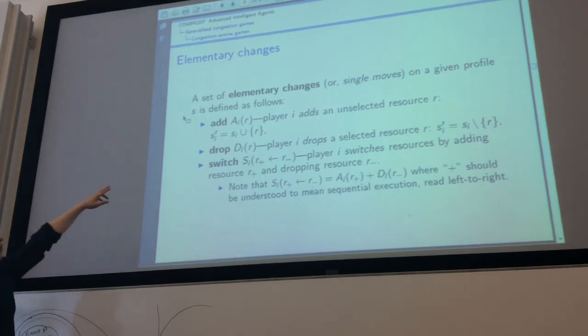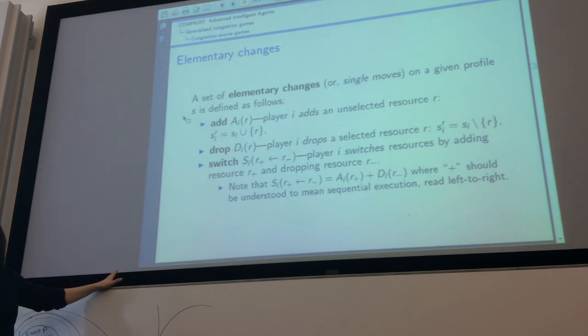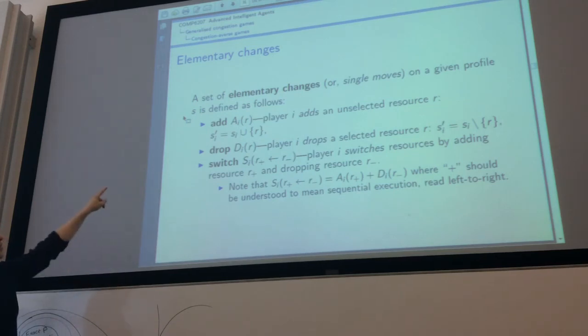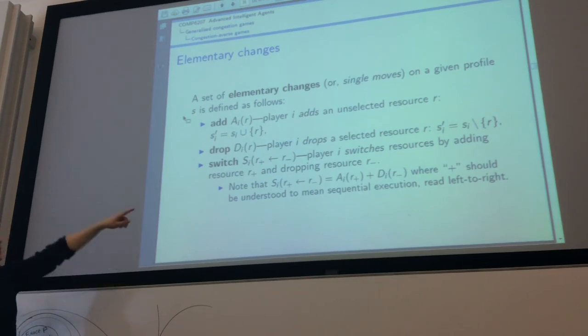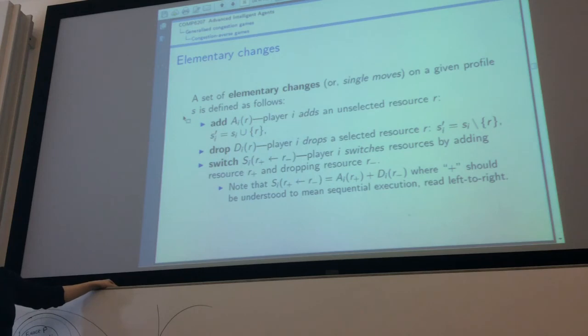So I would call AIR the add of resource R by agent I. Okay? So he adds resource R to his strategy SI. Drop, DIR, agent I drops the resource R. So resource R goes away from his strategy, and switch from